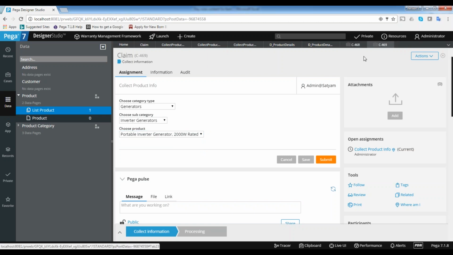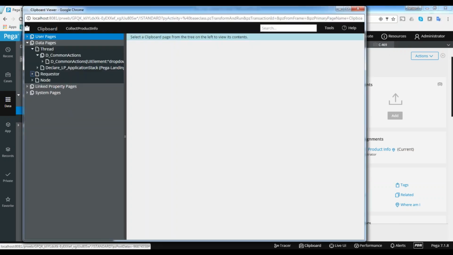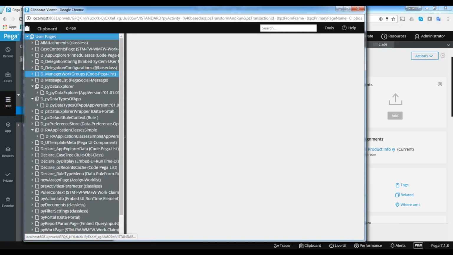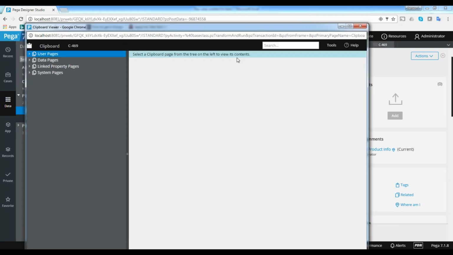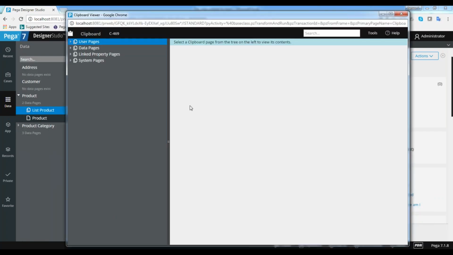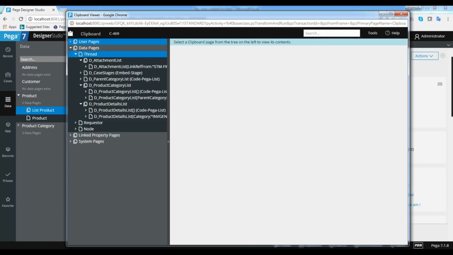Those are two separate copies, and one copy will not be shared. That means the memory will be different. When you make a thread level data page, separate memory is allocated for each work object; the system is allocating separate memory for each one.